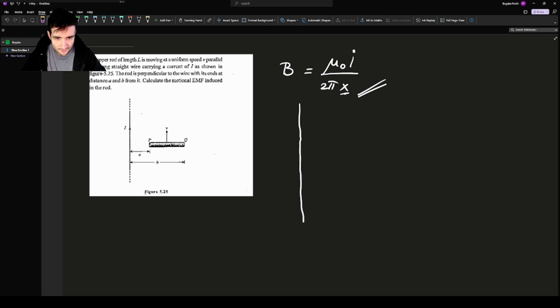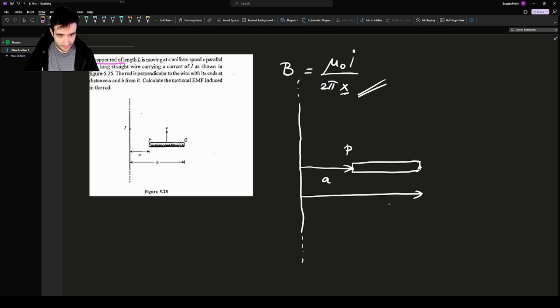So there's an infinitely long and thin and straight wire. Now, next to this wire, there's a conductor, or the question calls it a copper rod of length L. So that's from here to here, and this is not infinitely long. This has a very specific length, which is given to us as b minus a, where a is the distance from the wire to the left end of the conductor,